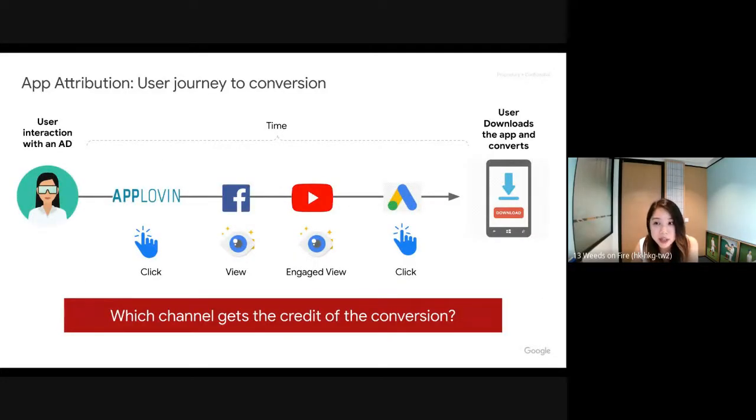So you asked me about, and I know that a lot of advertisers place ads on maybe Facebook, on other channels. So to answer your question, it really depends on the setup and also what sort of tracking method you do. Because different channels have different setups, and I will walk through some of the examples as well. So depending on that, we will know which will get the credit of these conversions. But of course, from Google Ads reporting side, we will count last click attributions. So Google Ads will most likely also record this conversion in your Google Ads reporting.